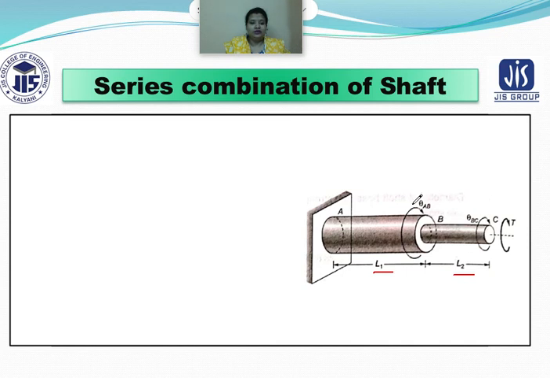And this theta is what? Your twisting angle. Theta AB and theta BC are all about your twisting angle. And this is your torque, that is your T. And this is fixed to a plane. So AB is the length of a shaft which has been considered to be L1. BC is another shaft and its length has been considered as L2. And you can see a twisting moment has been given here. Theta AB is the twisting angle of the shaft AB and theta BC is the twisting angle of the shaft BC.